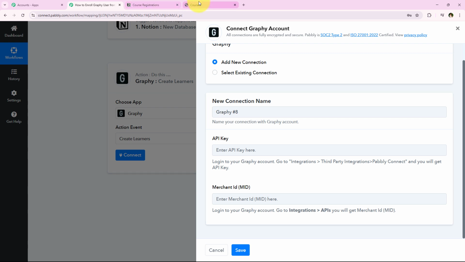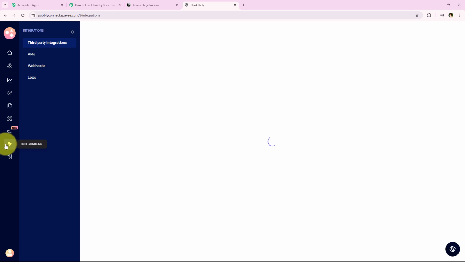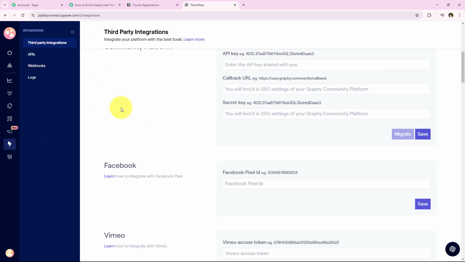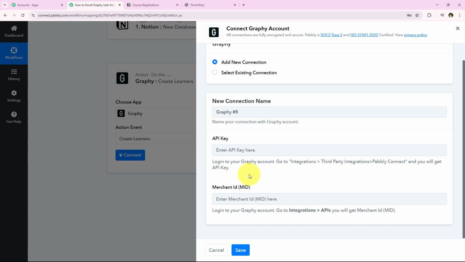For that, I'm just going to open my Graphy account. And now from the left side of the bar, we have to go towards this integration section. And now from here, we have to go towards this third-party integrations and look for Pabbly Connect. And as you can see that this is the Pabbly Connect and this is Pabbly Connect API key. So I'm just going to copy this API key right from here. And after copying this API key, we are simply going to paste the API key right over here in our